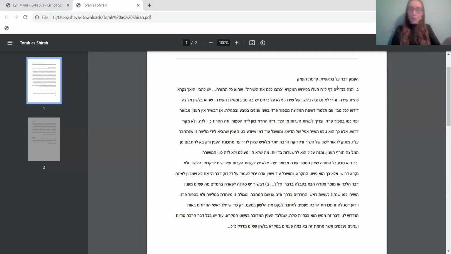It's not written as a song, right? We know there are certain times when the Torah is written in a way, in terms of how it's actually written on the page, as a shira or some sort of poetry. But we don't see that with the whole Torah. So how is it all called song? It's not written as a song.